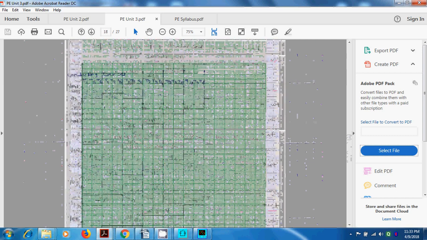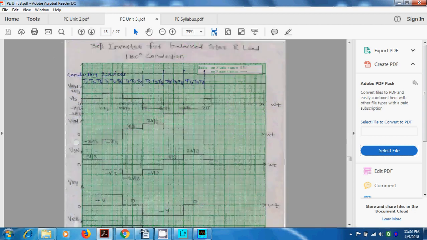So we know these modes of operation, and we came to know this is VRN, and this is the 6-step output voltage, which is the AC voltage. So this is one type of AC voltage. AC voltage will not always be a square wave, triangular wave, or sinusoidal waveform. So this is the 6-step output voltage waveform.